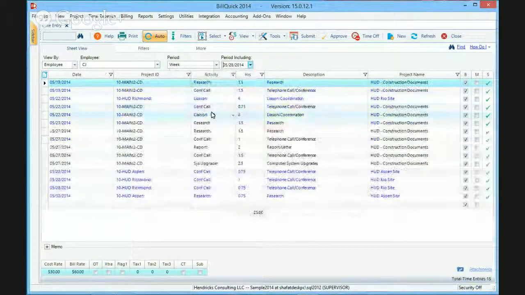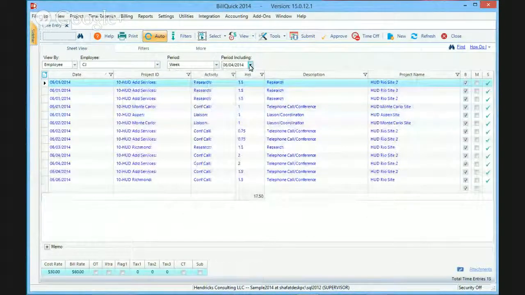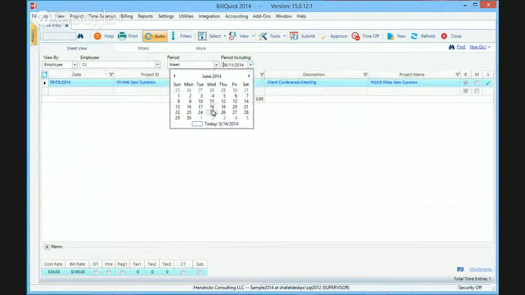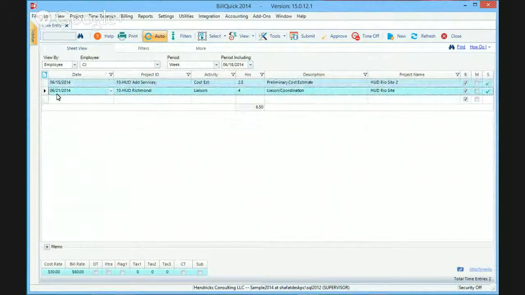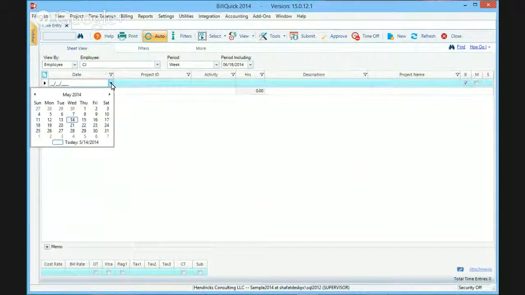This is my sample database, and I'm going to find an empty slot in here where I can actually hopefully enter. Still one time entry here, two time entries here. Okay, let's just go ahead and delete those two for the purpose of demo and start fresh for this week. So starting with the week number 1, and we are on the week of June 18th,